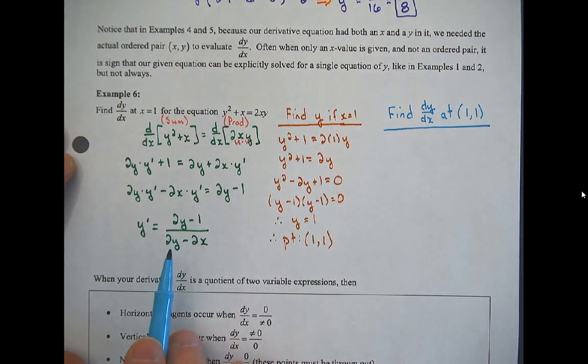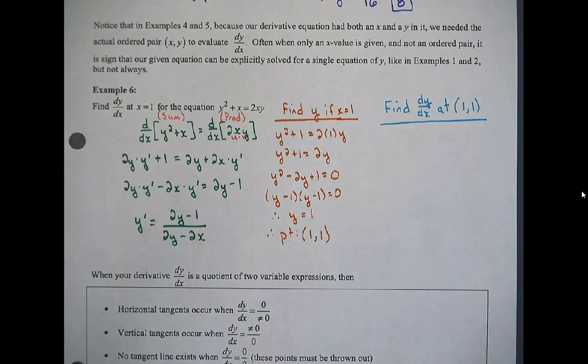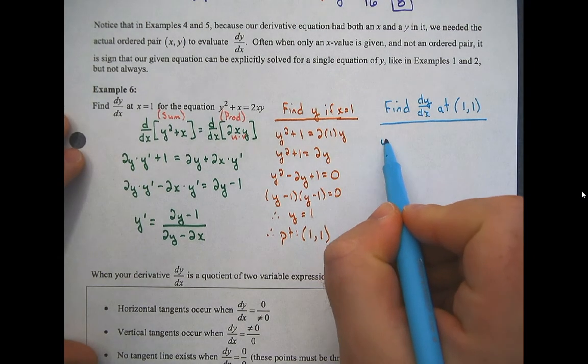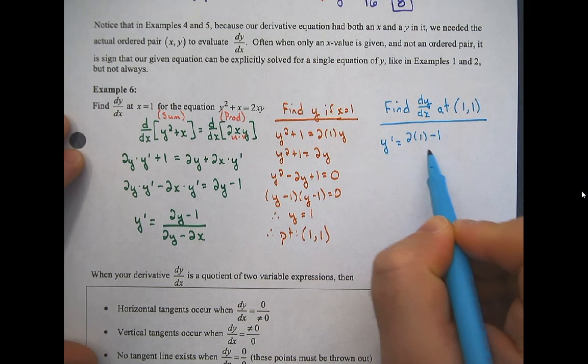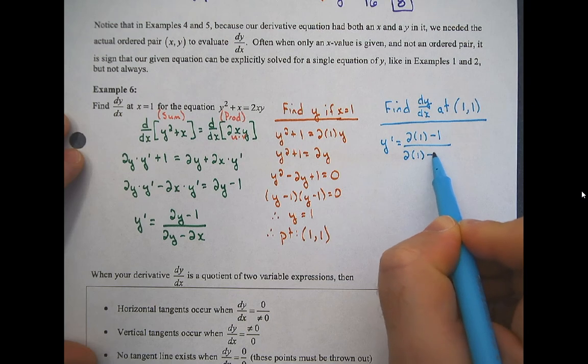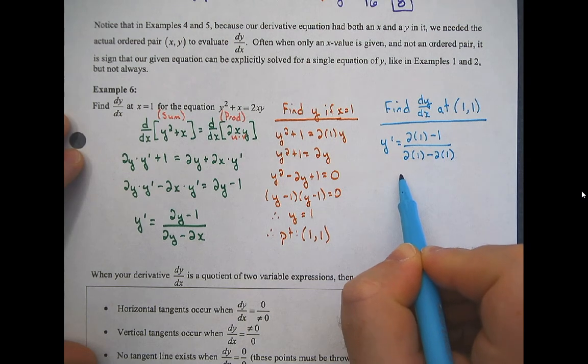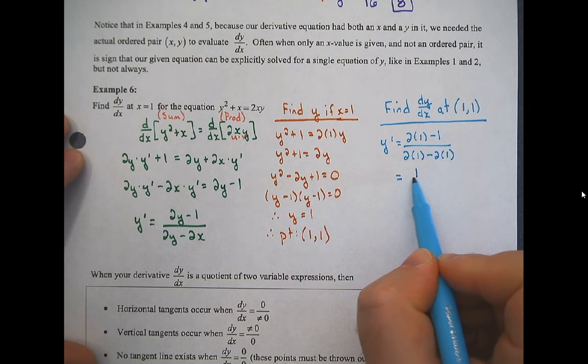So I'm going to take my equation from here and plug in 1, 1 in it. So y prime equals (2 times 1 minus 1) over (2 times 1 minus 2 times 1), which equals, so that's 2 minus 1 is 1 over,